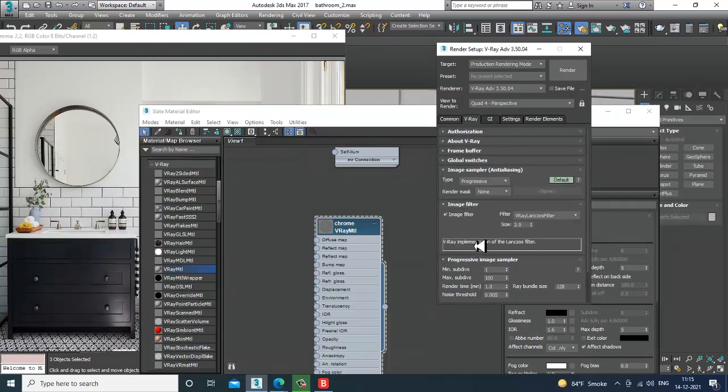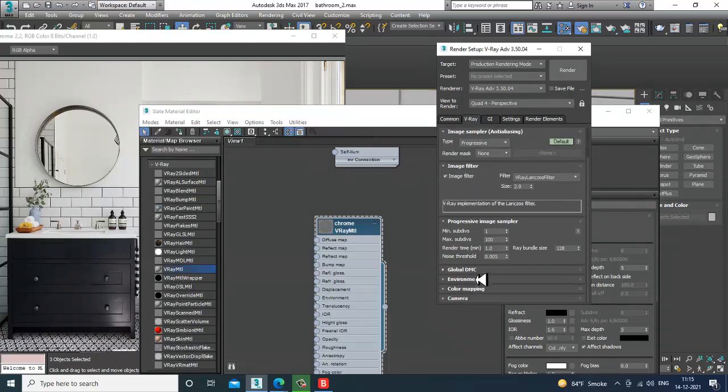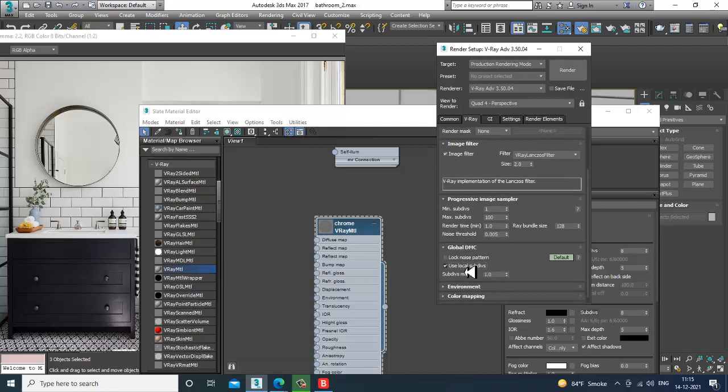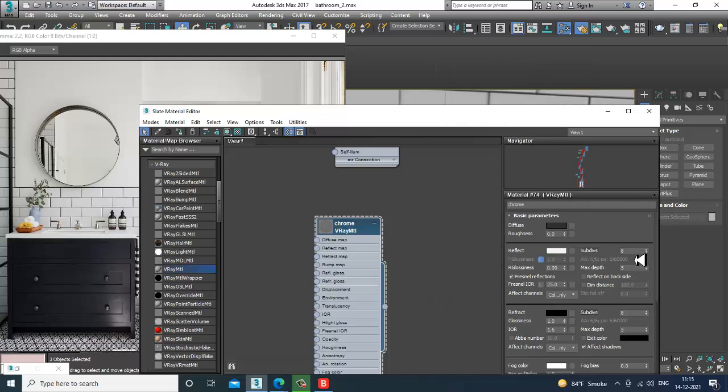We have an option called local subdivisions. You can activate that. Once you activate local subdivisions, this value will get activated. So let's set this to 32, and max depth I'll keep as 10 over here.